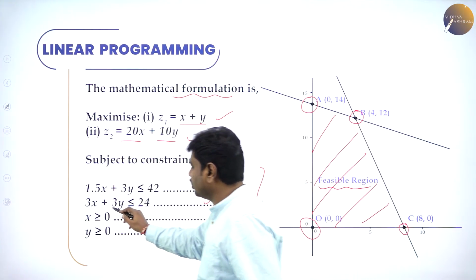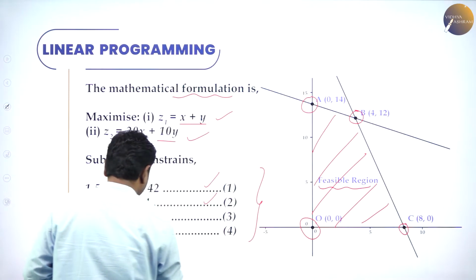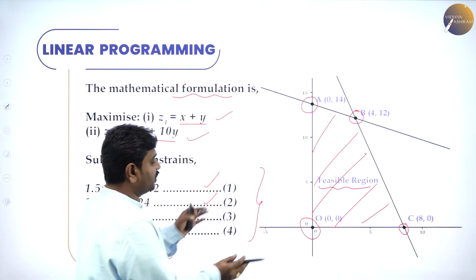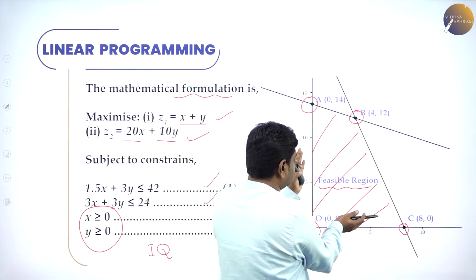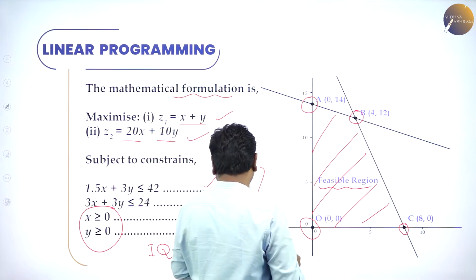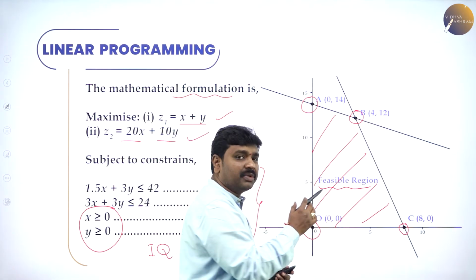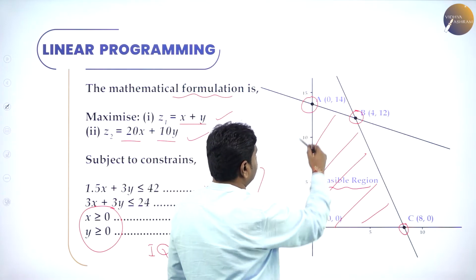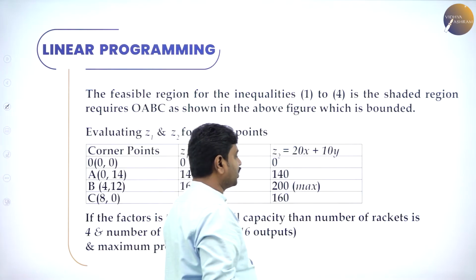I am always telling you, these two represent what? The first quadrant. So these two represent the first quadrant, so no need to plot this. The graph should lie within the feasible region, which lies within the first quadrant. So only 2 lines, draw them and shade them. If you retain the common region of shading, we'll get a feasible region of this shape. And whatever I circled, those are the points we call corner points.